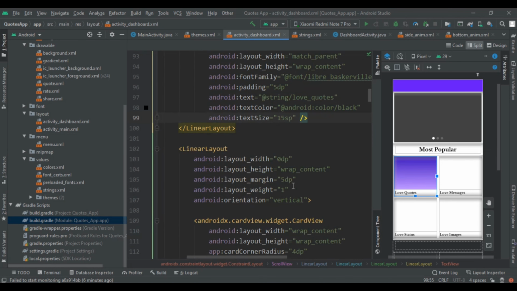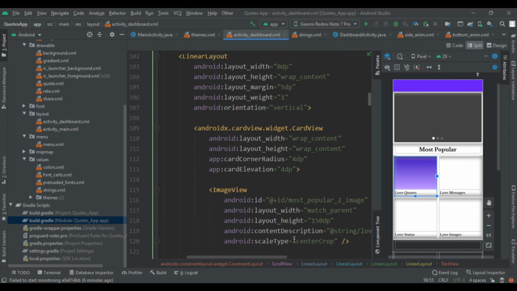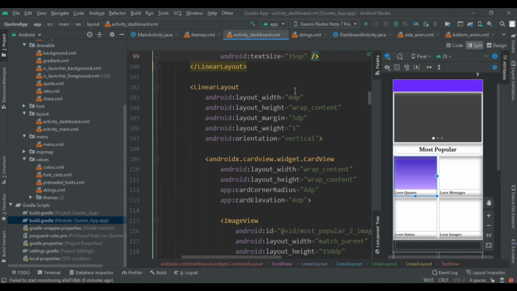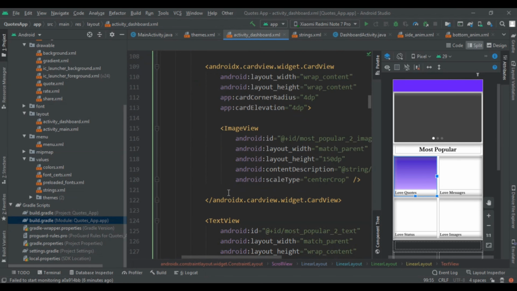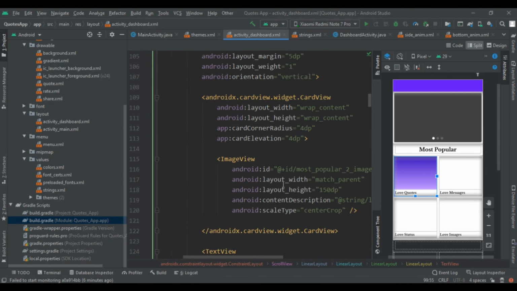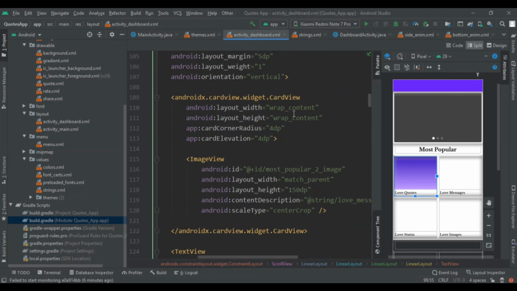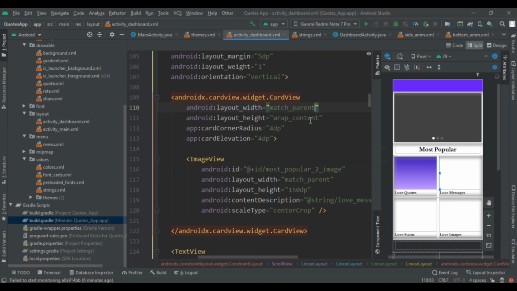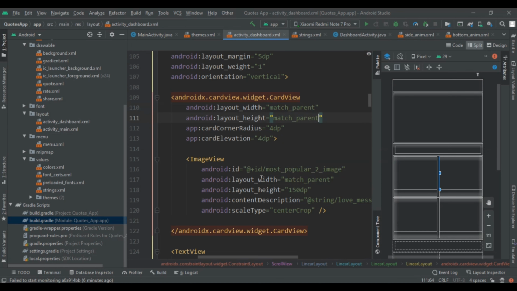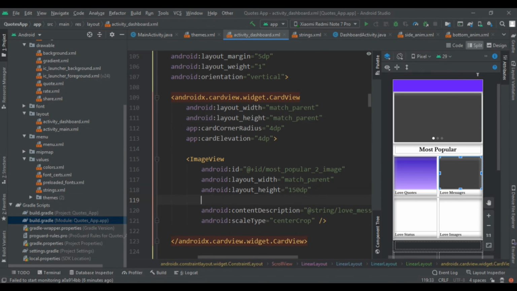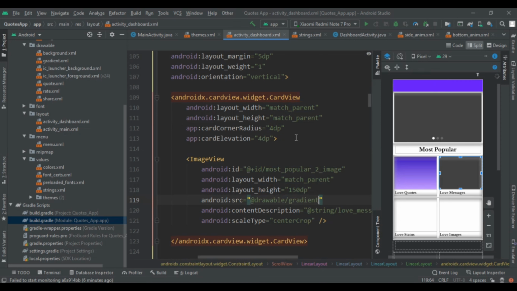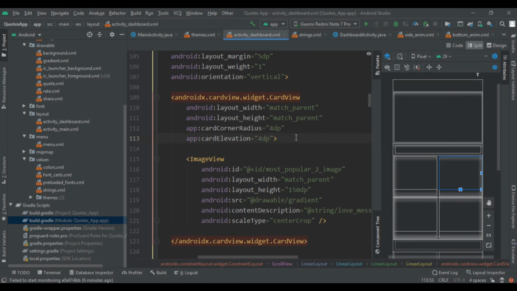You can change it yourself. Then I copied the same layout and just changed its id to make another layout. Here we are also going to change the width from wrap content to match parent, and the source of our code will be gradient. So you can see that we got our second gradient also.